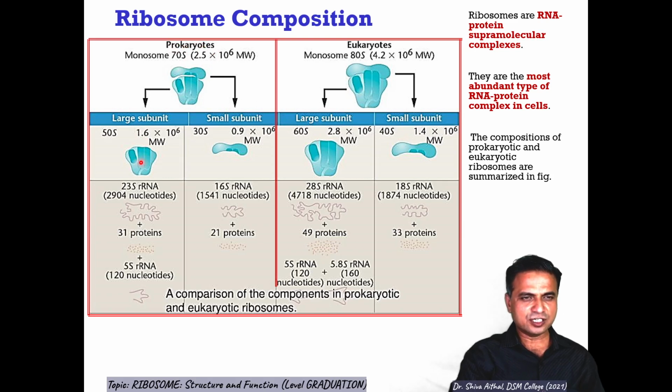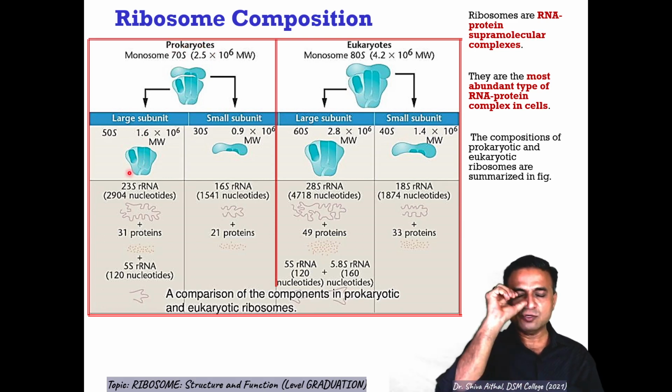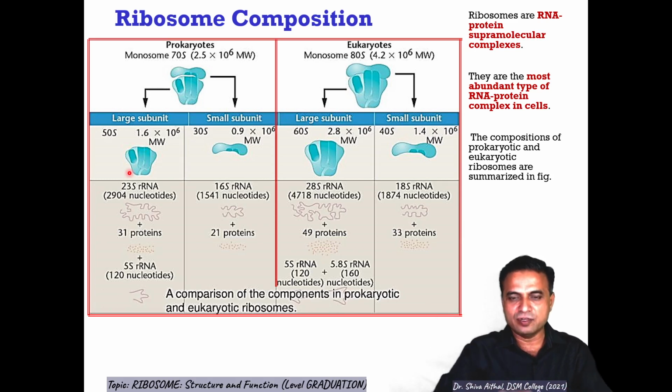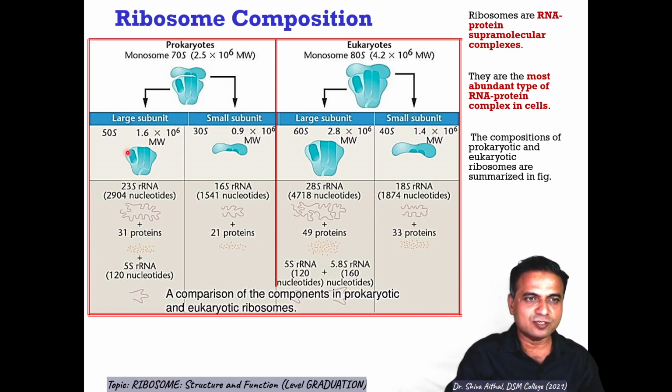Then let us just now again deconstruct or dismantle the larger subunits. Just like your pen, what happens with a pen? The cap is there, then you open, the refill is different, all it becomes different subunits. So you have some 8 to 10 different parts of a pen. If you go on opening it, then assemble it, you have a complete pen. Okay, so just like that, dismantling. Dismantle the 50S, what you get? You get 23S RNA. I have explained what is S. 23S RNA. So you see this is RNA, a chain of RNA. It is made up of 2904 nucleotides.